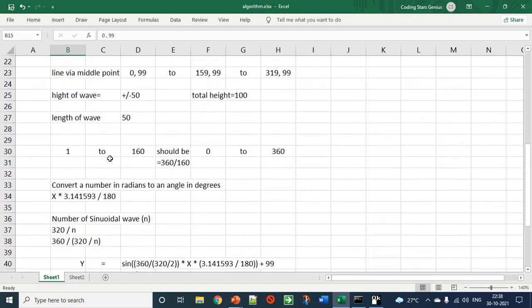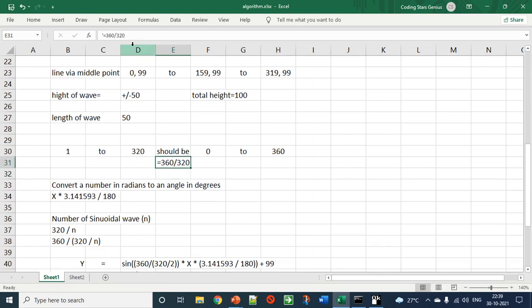Suppose my screen size is running from 1 to 320.